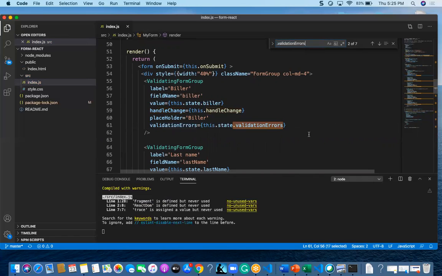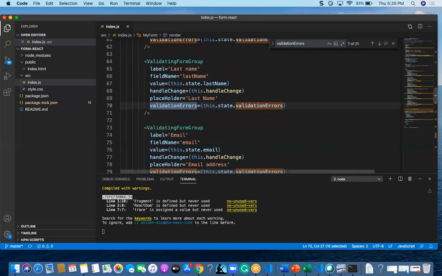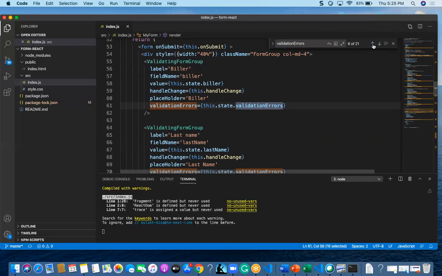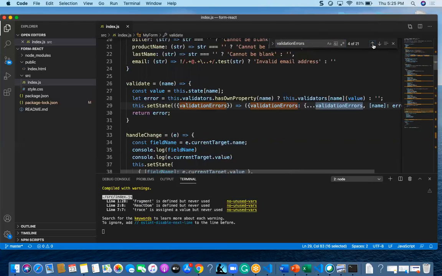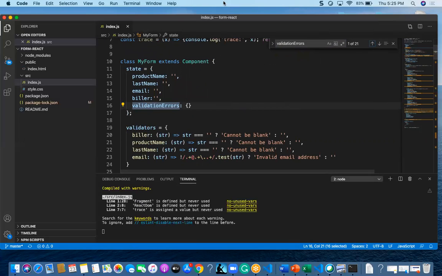For example, here there is a function, and there is a state already. Initially the validate errors will be one particular object.